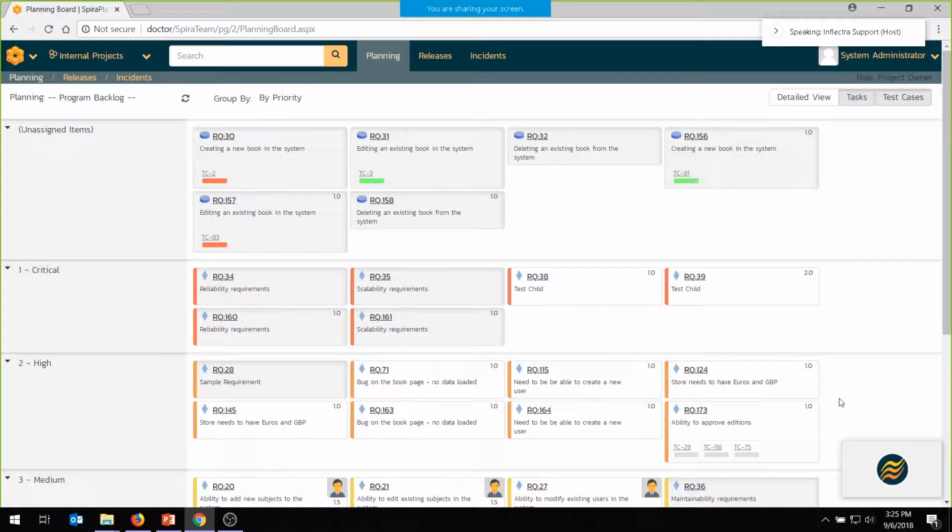So I might have a view that this particular feature here is less important than this feature here. Maybe I'll move it to a lower priority and move this one up. And I can do that at the program level. Now it's affecting it in each project, but it lets me see that in reality these two are actually in different projects, or they could be in different projects, and I can now prioritize them and weight them relative to each other. Whereas without this, I would have to go into each project